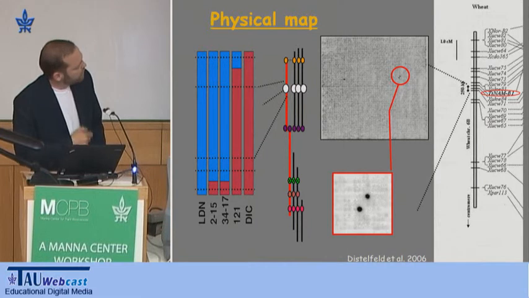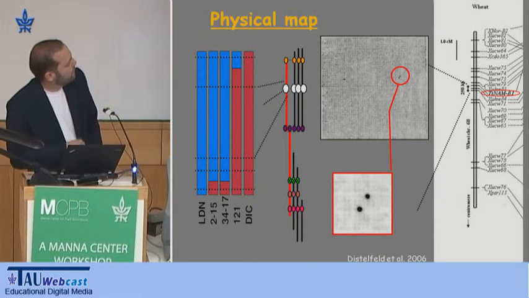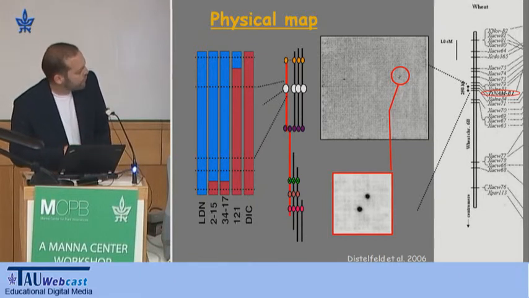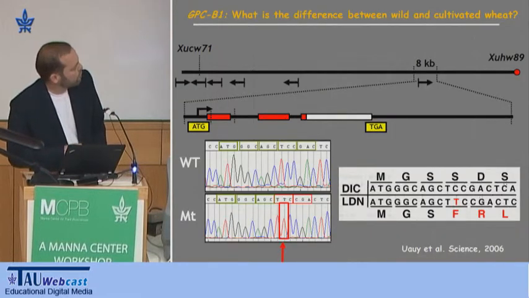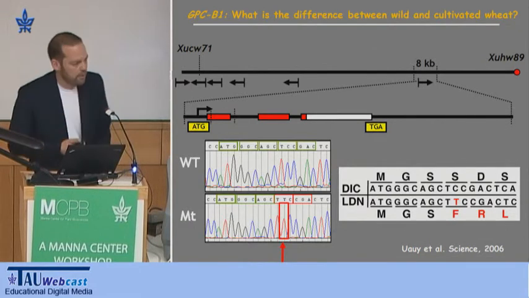And after we saturated the region with the markers based on the collinearity, we did the next steps of building the physical map of the region, which is actually the DNA sequences that are in the critical region, and found out that there was one gene that was responsible for the phenotype, and then we were able to answer the basic question